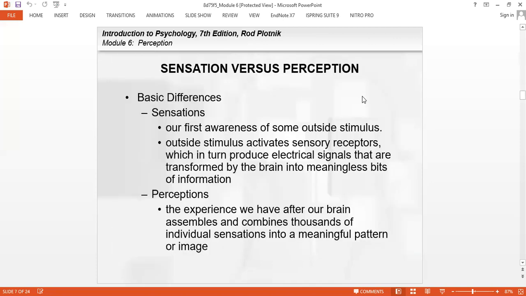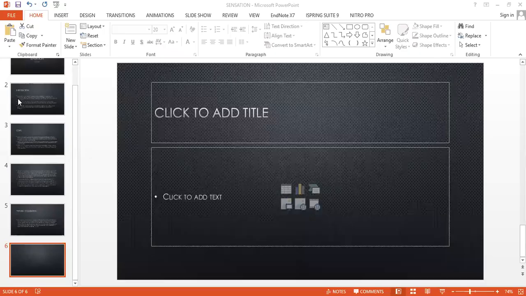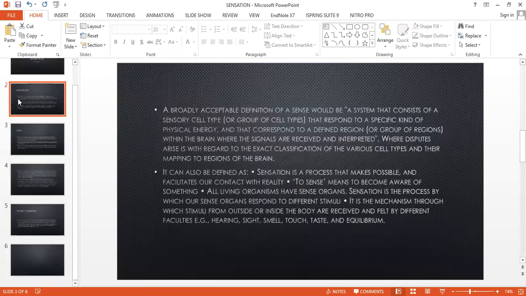Sensation: what is the difference between sensation and perception? By sensation we mean, I can also explain some of the portion with the other slides as well. Let me share with you the other slide related to sensation. Now you can see here,